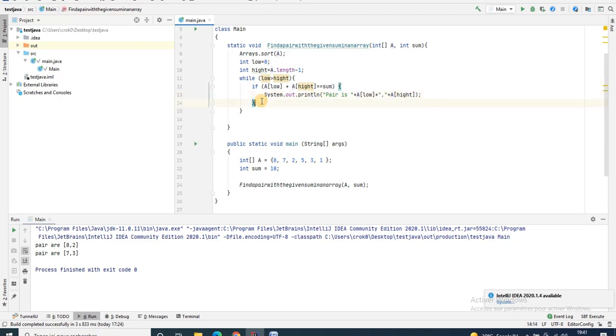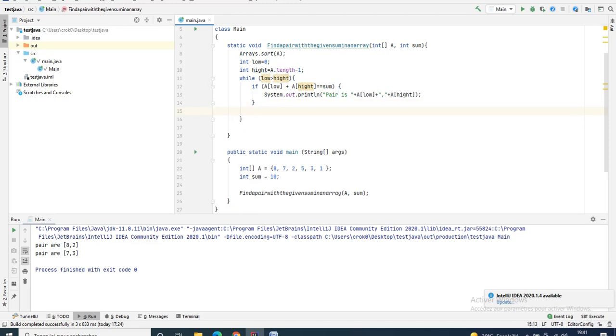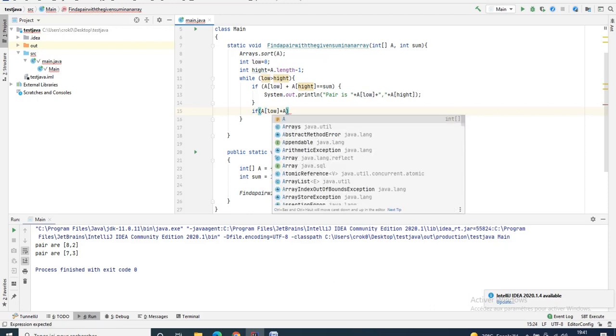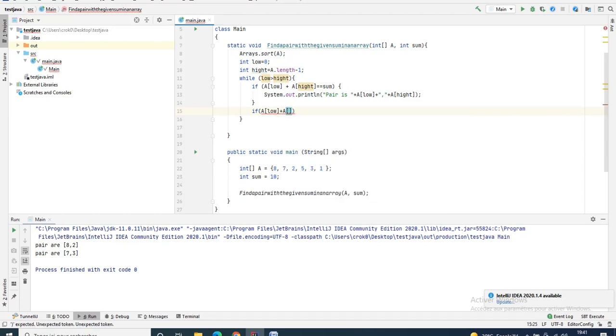So this is the condition in which we are going to discover our pair. But the next condition is from this condition we can manage the increment and decrement of our low and high variable. If a of low plus a of high is lower than sum,